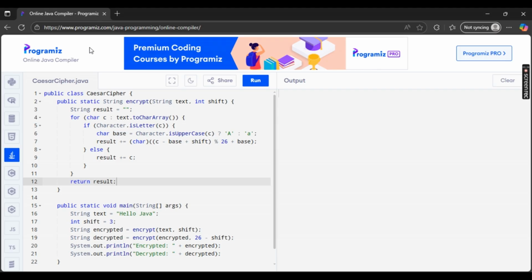text back perfectly. It's a great exercise to understand character manipulation, ASCII values, and loops. You can experiment with different shift values, uppercase and lowercase letters, and even extend it to numbers. This small project teaches you the foundation of cryptography logic in Java, and it's fun to play with secret messages